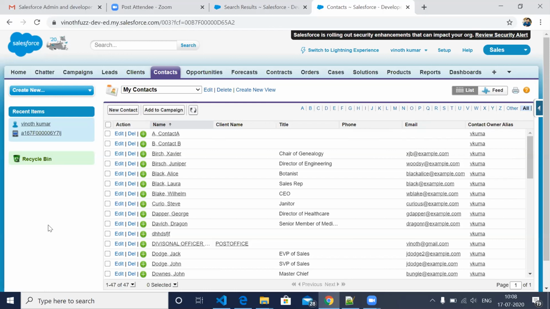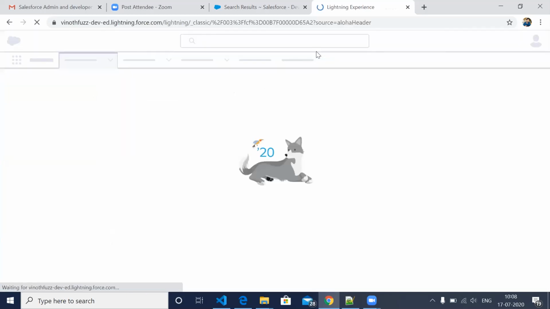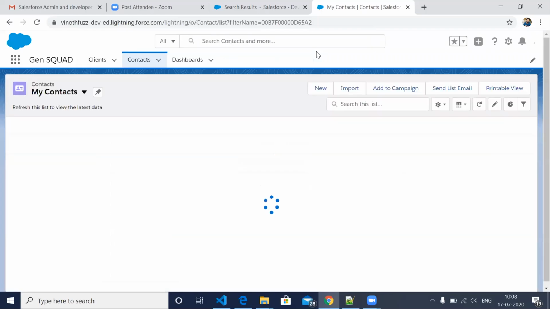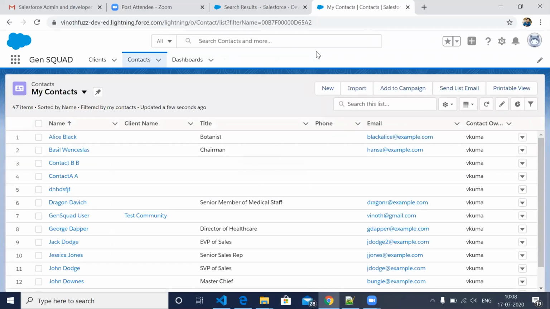So let me show you. Let me switch to Lightning. So I just switched to Lightning. In Lightning, navigation is a little different. You have seen different applications.